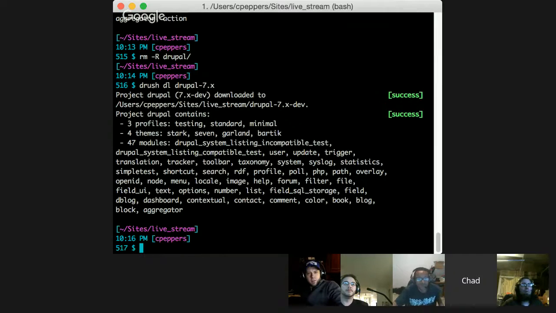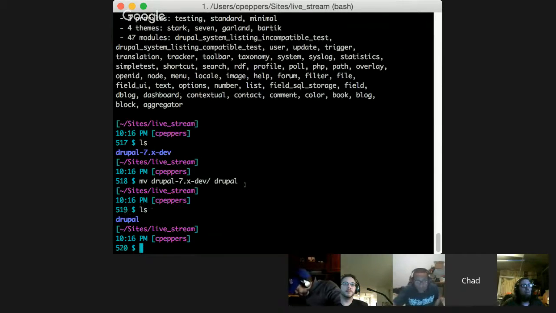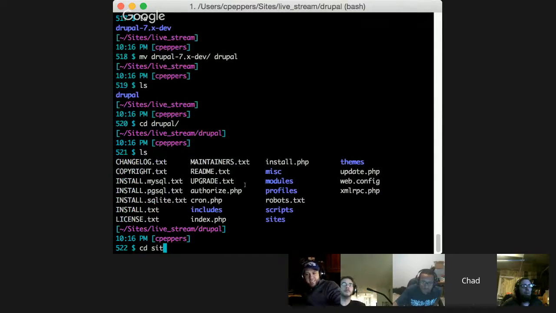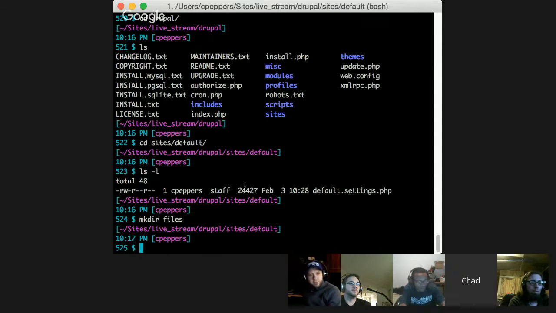So next, the next command, we're going to go ahead and install Drupal. I'm going to rename this folder to Drupal, cd into Drupal. And to install it, we need to go to the site's default folder. And in this folder, there is going to be a default.settings.php. So real quick, we need to make a folder called files, and what this is going to do is